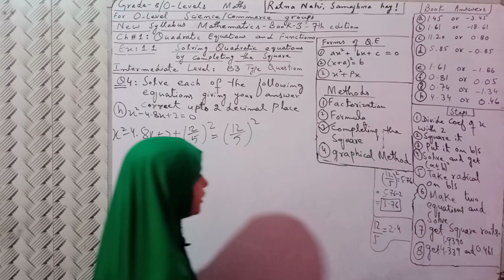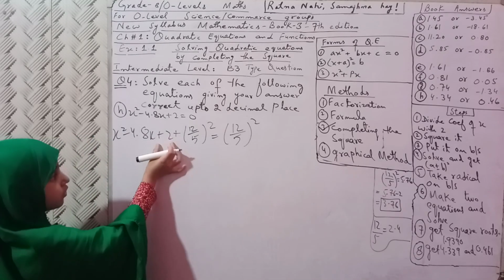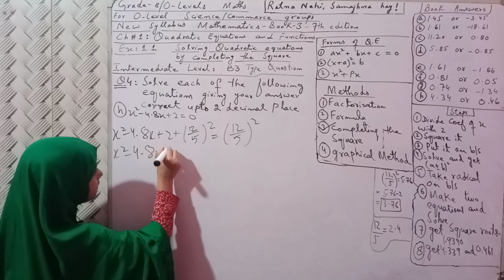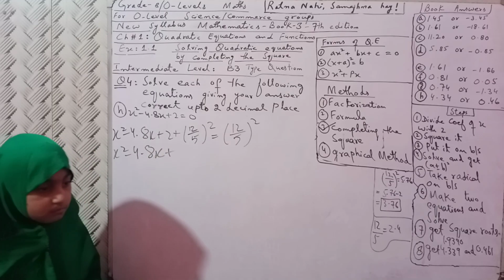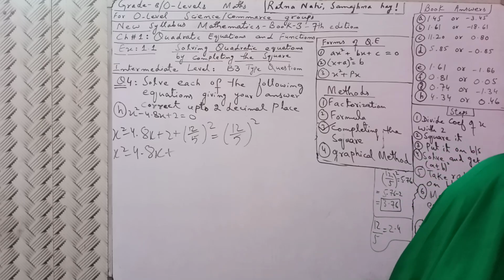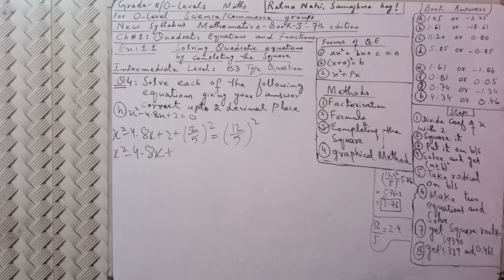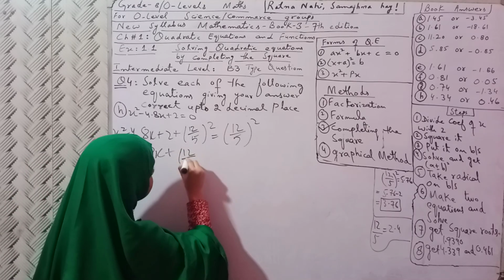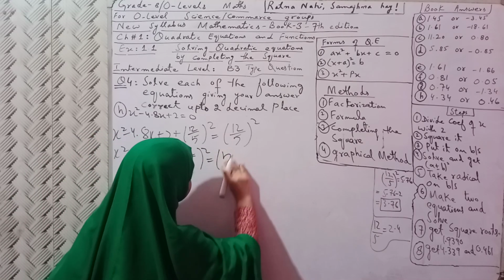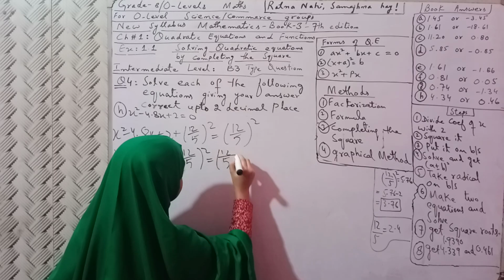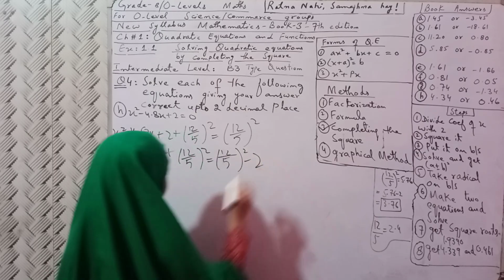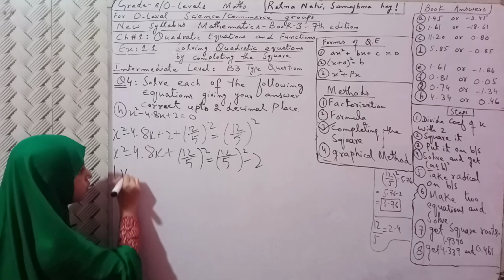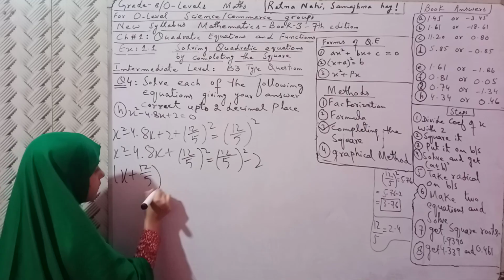Now solve and get the a plus b whole square formula and a minus b. So, plus 2 will go there. X square minus 4.8 x plus 12 upon 5 whole square minus 2. Then we will use the a minus b whole square formula. So, x plus 12 upon 5 whole square